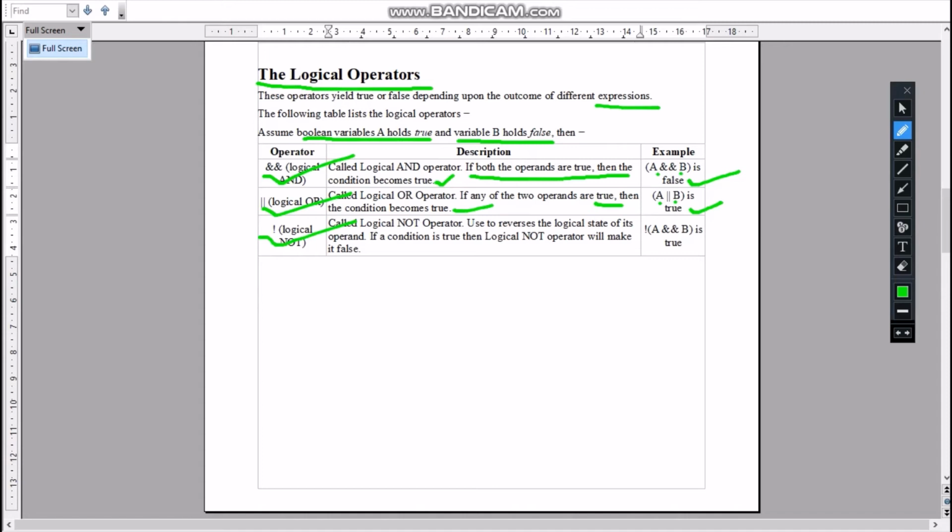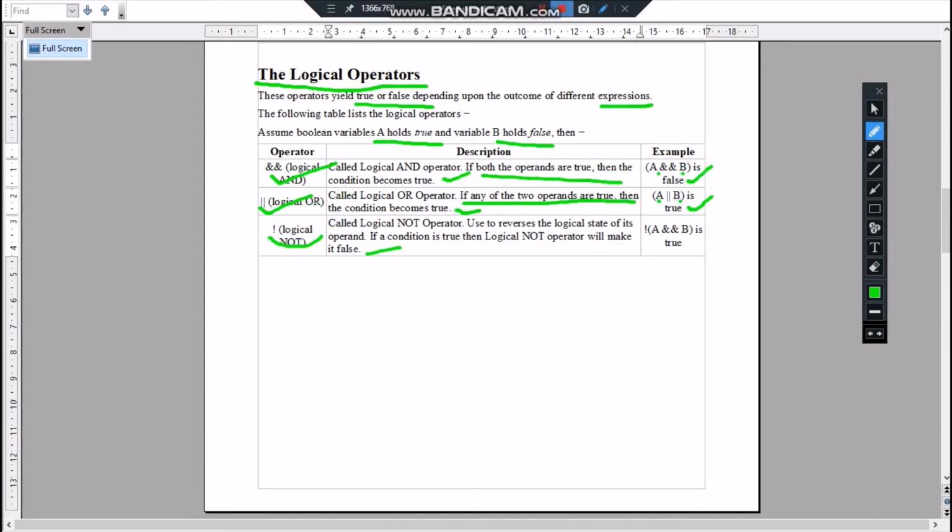It is used to reverse the logical state of its operand. If a condition is true, then the logical NOT operator will make it false. Now here A AND B is false from here. Then what is NOT false? That is true.